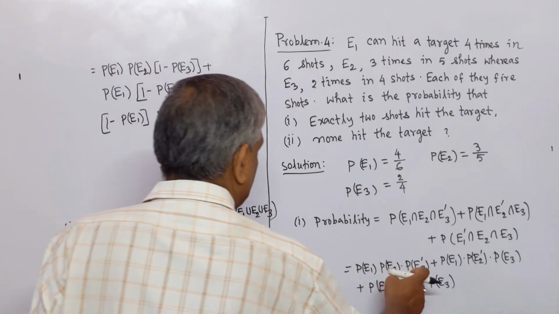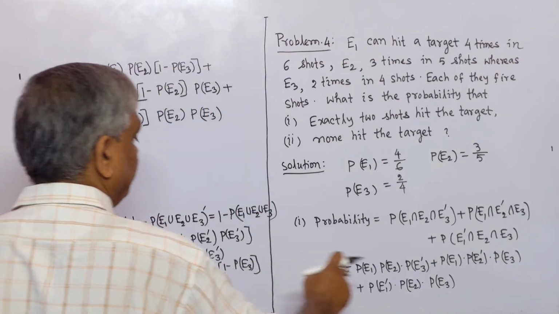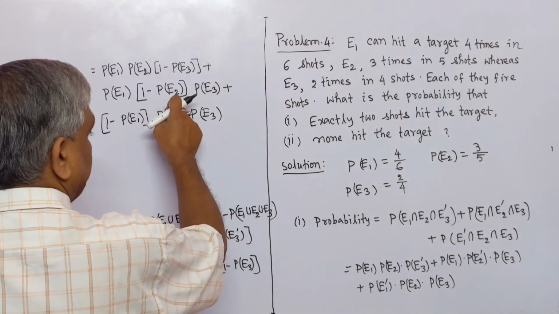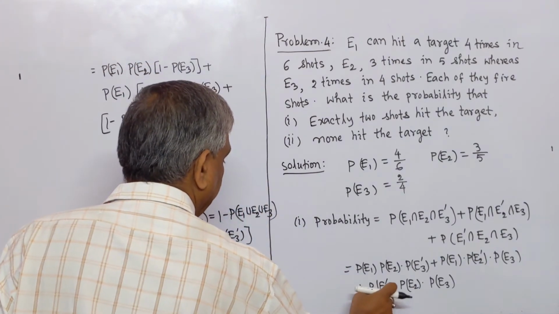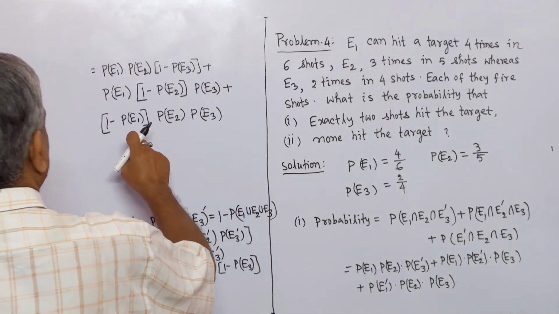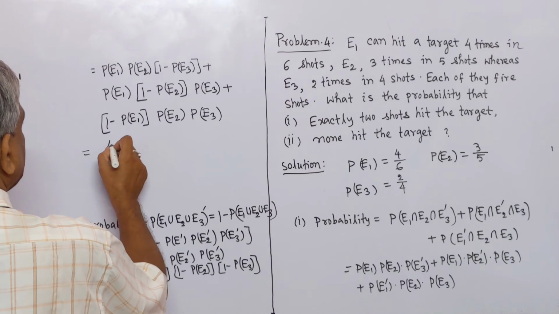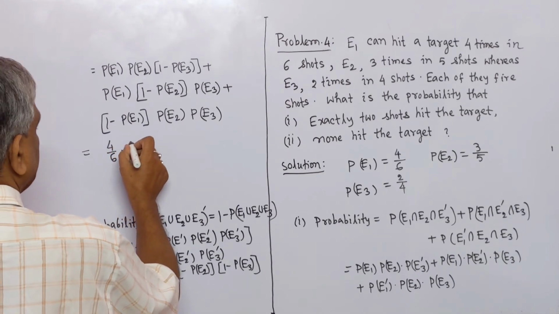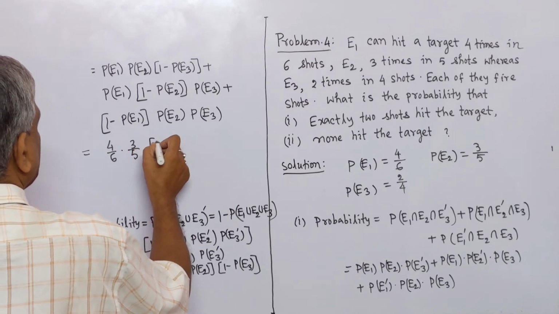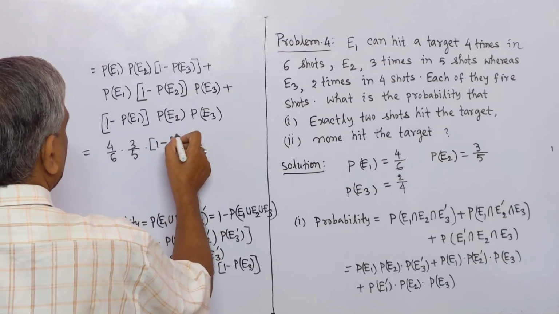Now in place of P(complement of E3) we write 1 minus P(E3), and similarly for E2 and E1. Here we put the values. P(E1) is 4 by 6, P(E2) is 3 by 5, and 1 minus P(E3), where P(E3) is 2 by 4, plus